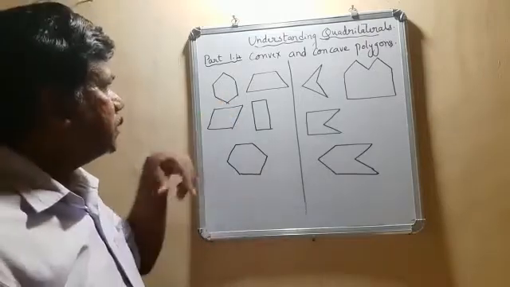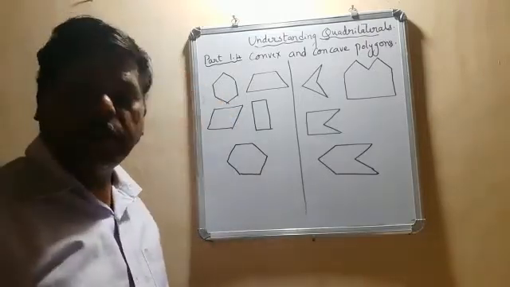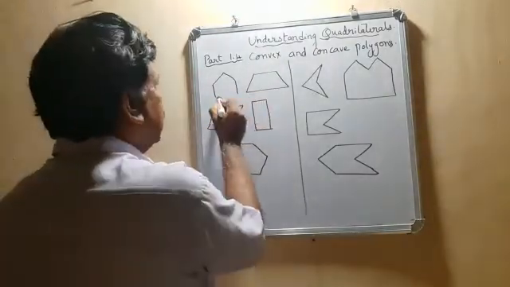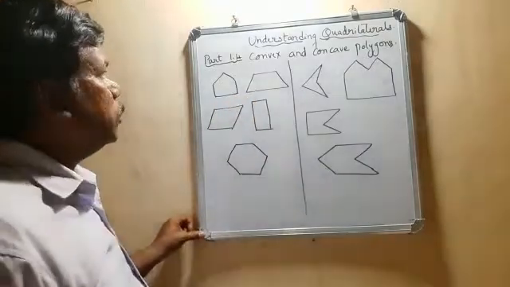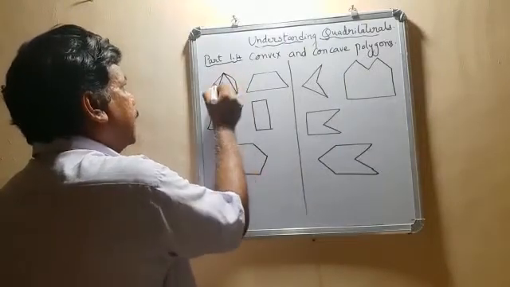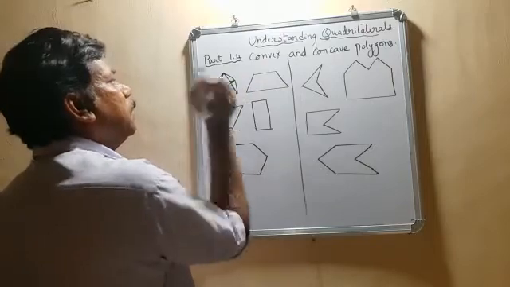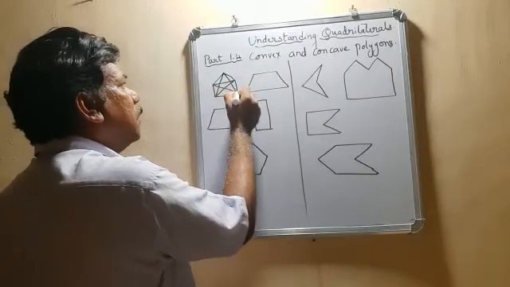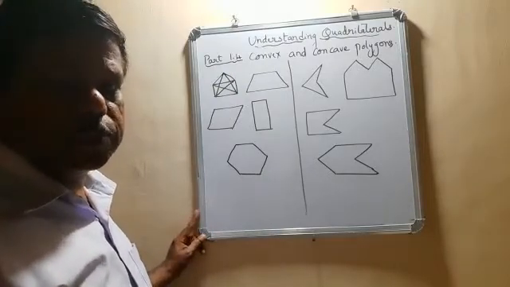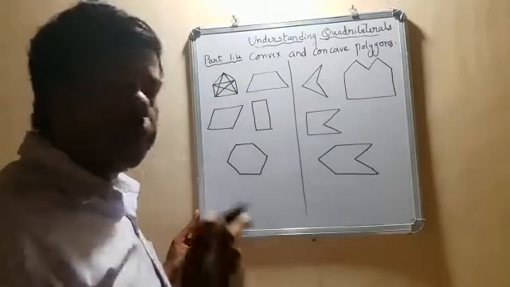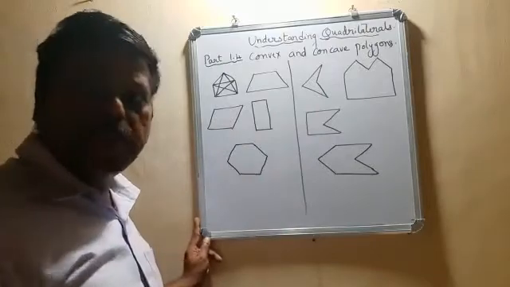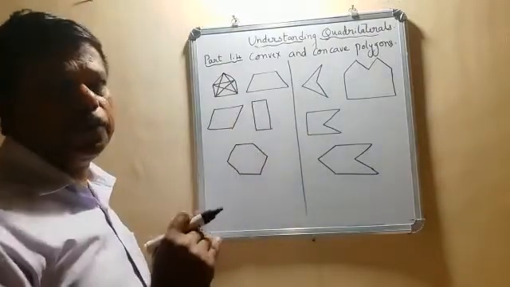Now let us consider this. So this is a hexagon. Let us change this from a hexagon to a pentagon. So this is a pentagon. If I draw diagonals, I can draw it like this, correct? So these are the diagonals. If lines are joined to two alternate vertices of a polygon, then that is a diagonal. We already learned that. If I draw diagonals, they are all in the interior of the polygon.